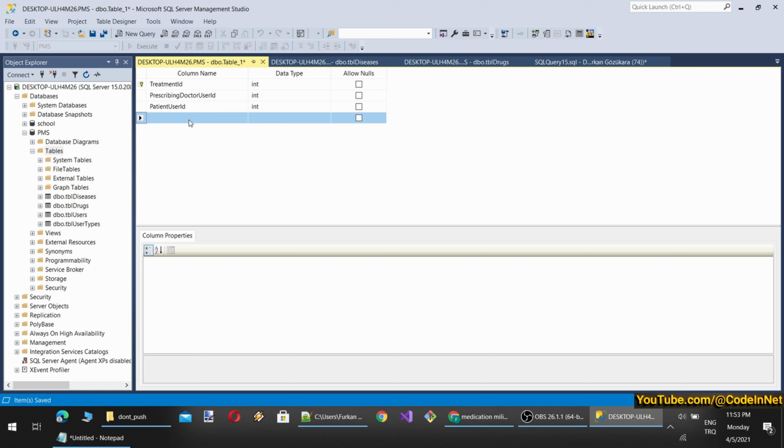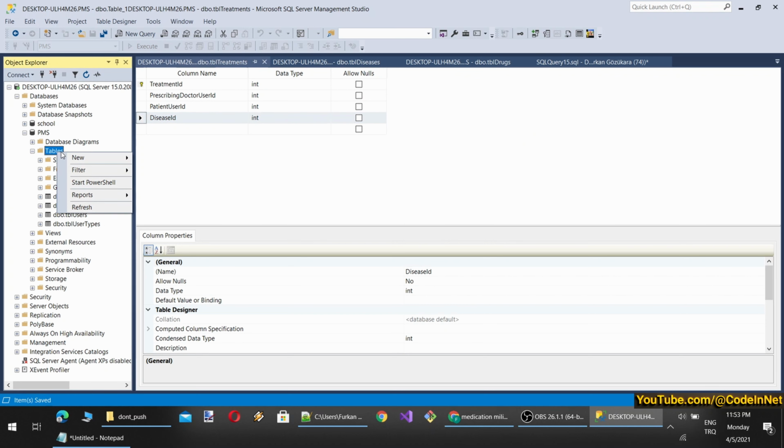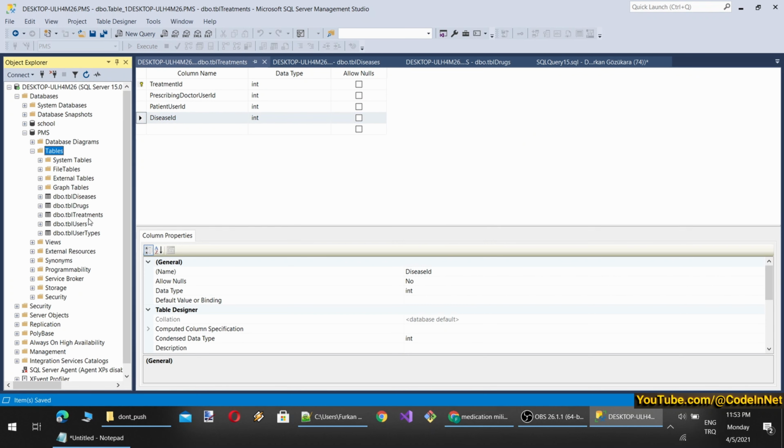If we make prescribed drug, then we cannot have multiple drugs assigned to a treatment. Therefore, I will not make it that way. I will put here also, in addition, disease ID. Let's save it as TBL treatments. And I will also set foreign keys for these treatments here.